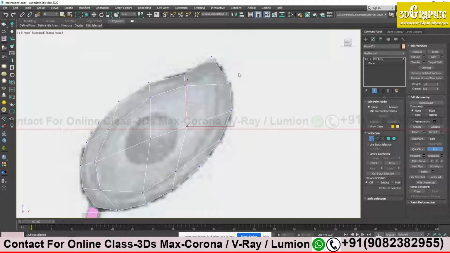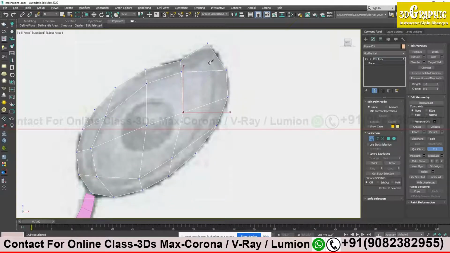You see my mouse cursor? When I get my cursor over this face, then only it is activated, and I am dragging it out, it is like a cursor, it is gone. It works only on the shape or the face. So I need extra edge over here. So what I will do, I will start from this edge line. I will click. You see a small line, dotted line?